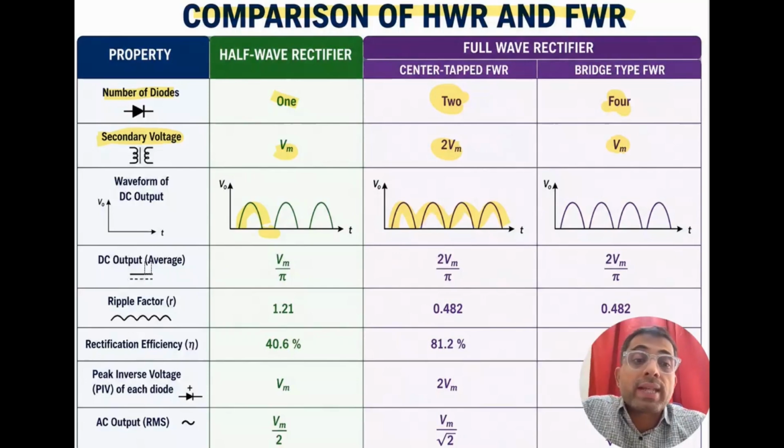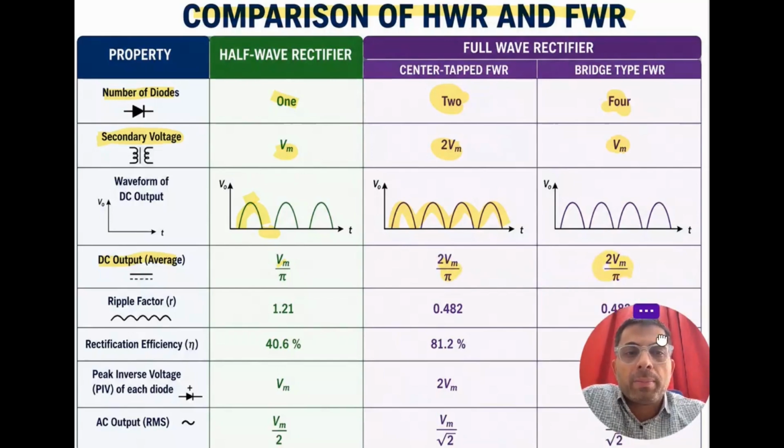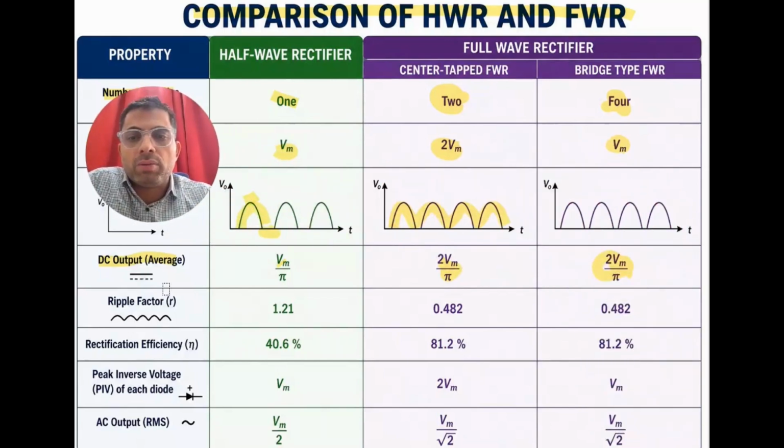Now what is DC output? How to calculate? Statistically how to calculate? As you know that the rectifier will convert AC to DC. Rectifier क्या करता है, AC to DC convert करता है, लेकिन DC आउटपुट कितना मिलता है, एवरेज। सो हाउ टू कैलकुलेट? Vm बाय पाई, Vm मतलब मैक्सिमम वोल्टेज की वैल्यू, ये वाली डिवाइडेड बाय पाई। फुल वेव रेक्टिफायर की कैसे निकालोगे? 2Vm बाय पाई, यहाँ पे भी 2Vm बाय पाई।